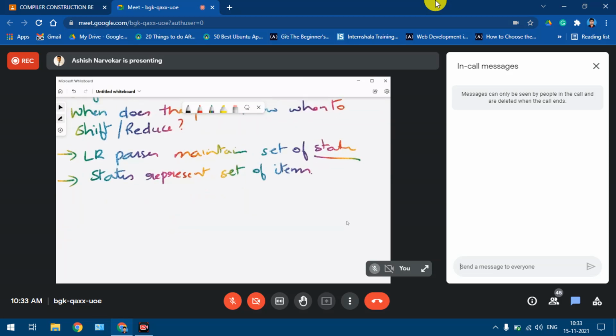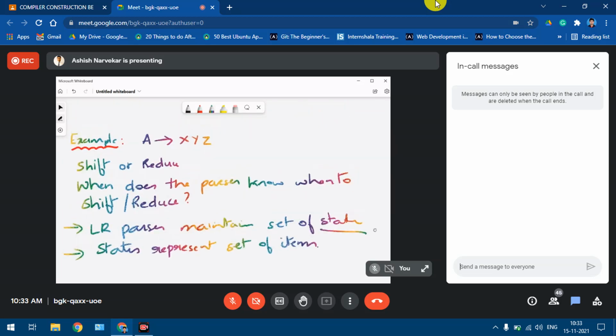So currently what we are studying is something called the LR0 parser.